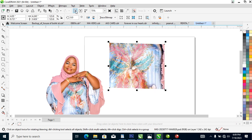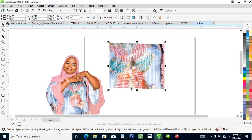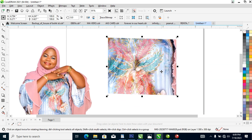So right now as it is, let's go ahead and convert to bitmap. Let's make it RGB. You can use CMYK, so leave it at 300, then you hit OK. Good. The reason why I'm bitmapping this picture is because we've altered it, so we needed to convert it to bitmap to make it visible when it's ready for print. Because at times if you crop a picture like this and you don't convert to bitmap, by the time you export or you PDF the file, most definitely it might appear